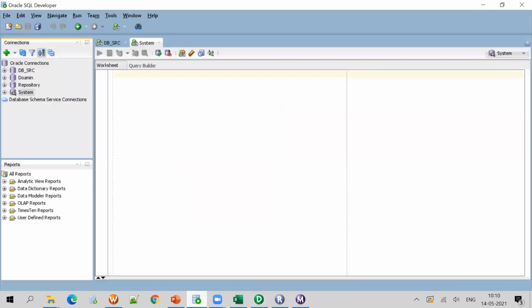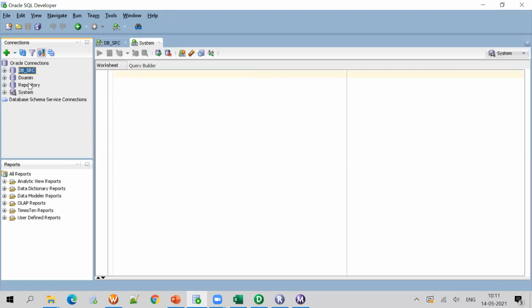So before that, we'll go to Oracle. We will be using the Oracle SQL Developer tool to write the queries. Normally in real time, a few companies use Oracle SQL Developer, a few companies use Toad, and many other tools are there. Whichever it is, that is fine. So now we will be using Oracle SQL Developer.